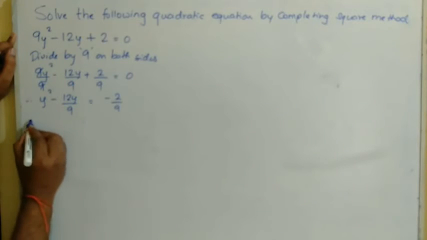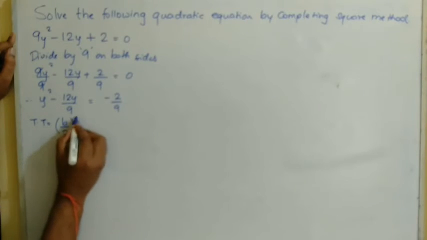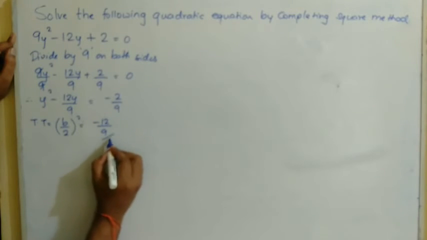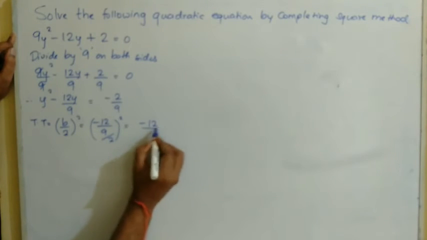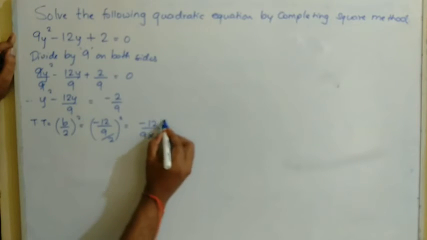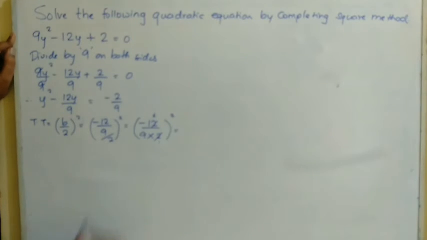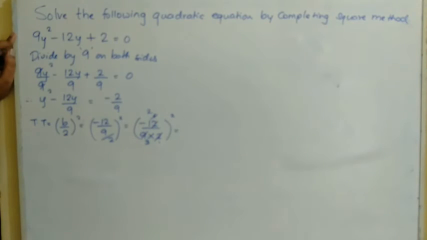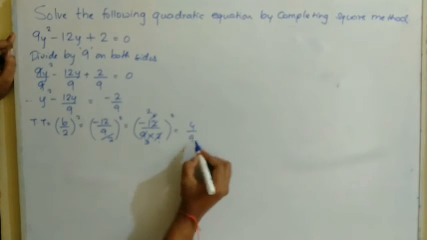Now the next step, we will find out the third term. Third term equals (b upon 2) the whole square. We have b equal to minus 12 upon 9, divided by 2 the whole square. As I have told, I will take minus 12 upon 9 multiplied by 1 upon 2 the whole square. We can cancel here, 2 1s are 2, 2 6s are 12, so minus 6 upon 9, still it can be cancelled, 3 2s are 6 and 3 3s are 9, so we have (minus 2 upon 3) the whole square. If you take the square, minus 2 square will give 4 upon 9.